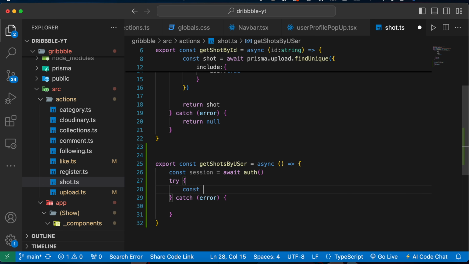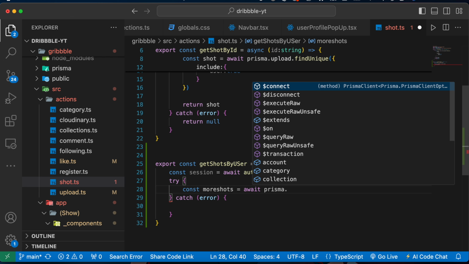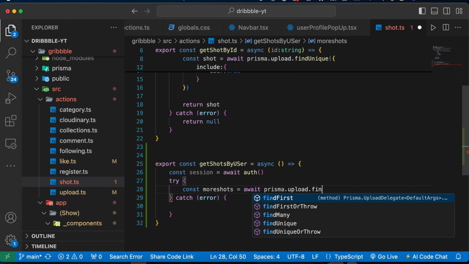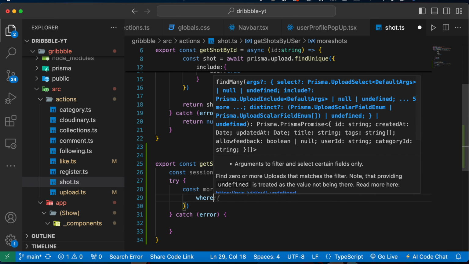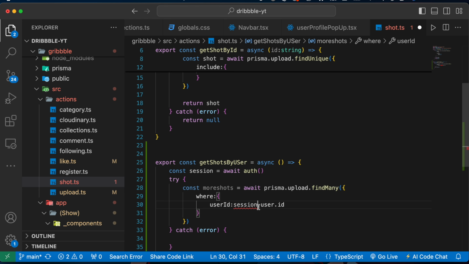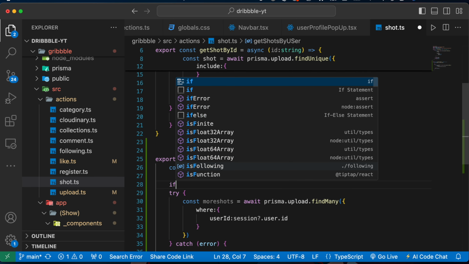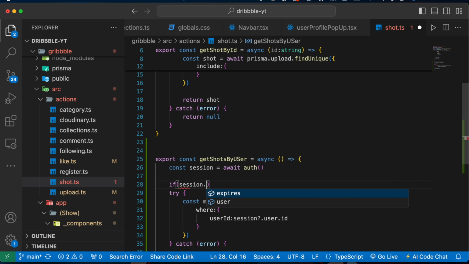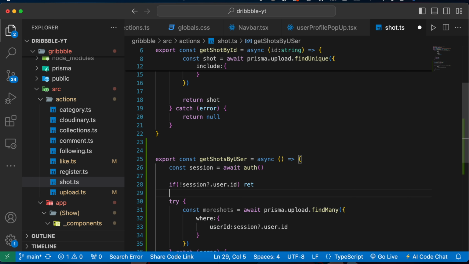Okay, and let's write const moreShorts equals await prisma.upload.findMany, not findFirst, findMany. Okay, and then we are going to use a where condition where userId will be session.user.id, and actually we can check over here if we have a session or not. So session.user.id, if we do not have this, then I'm just going to return,